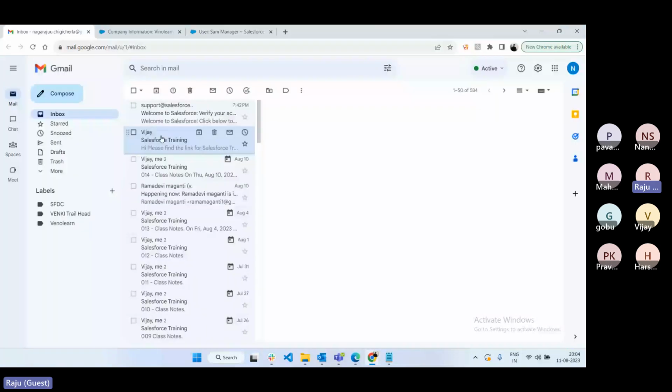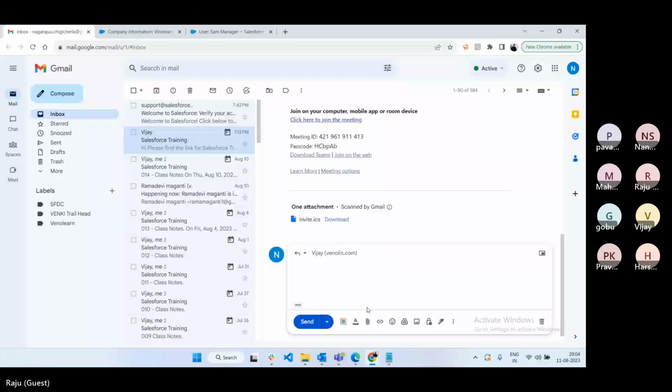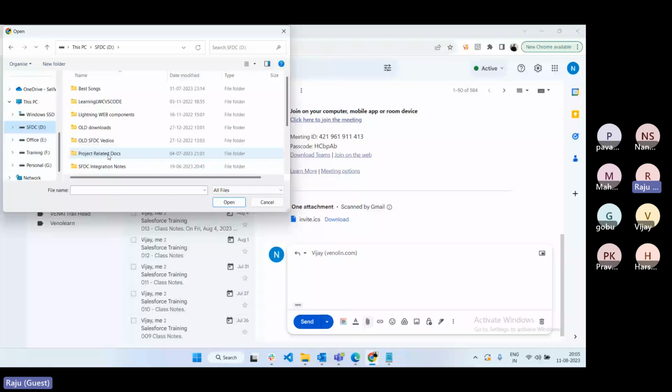Anyone have any questions? I have time. If you have any questions, let me know. Clear today's topic? See, security model, user, this